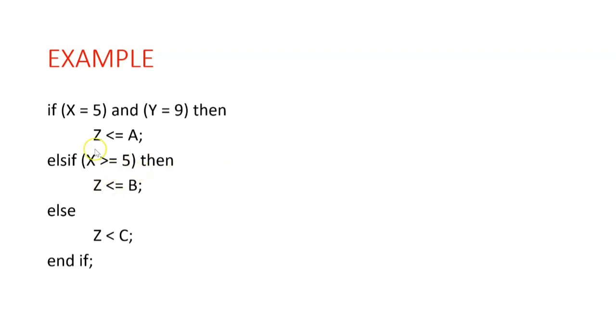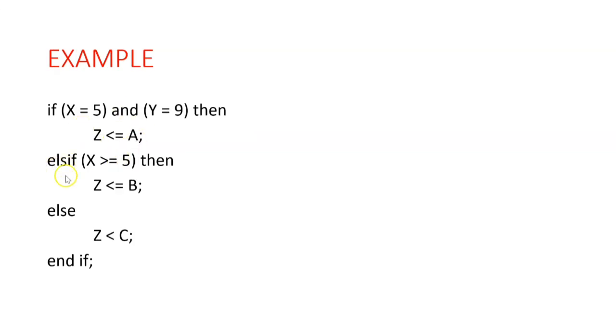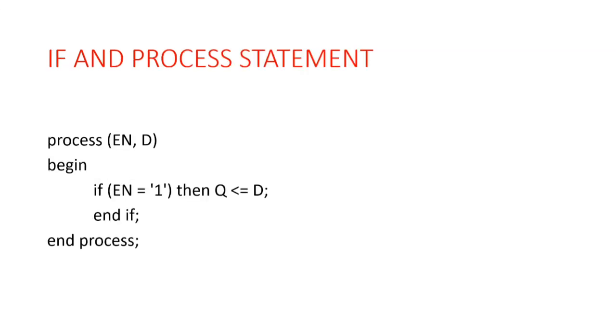So first we are writing a condition, then you write a sequential statement here. Then for the next clause you are using else if, again you are putting a condition. For the last clause you are putting just else. So if none of these conditions is satisfied, then you put an else and you give a sequential statement here, then end if. Okay, this is actually the same as in the other languages. In those languages also we generally put it like this.